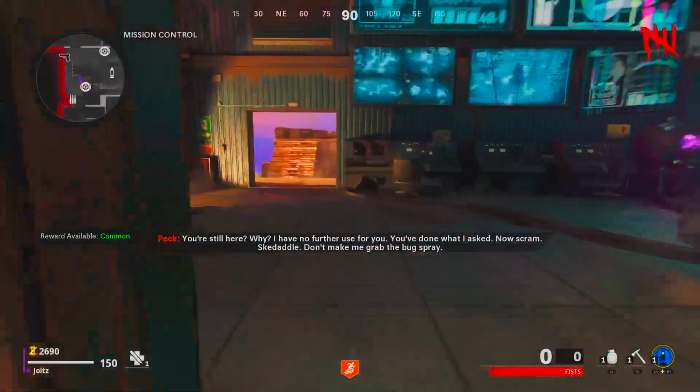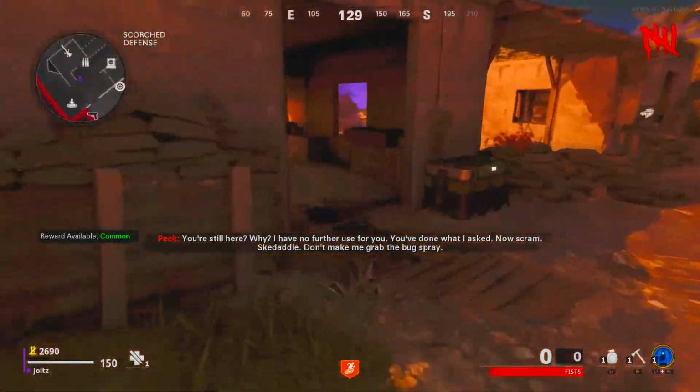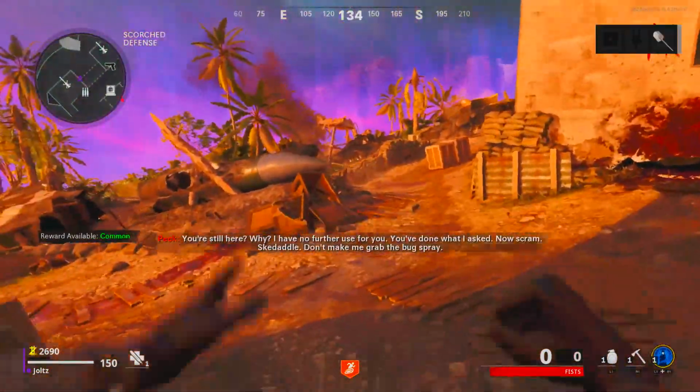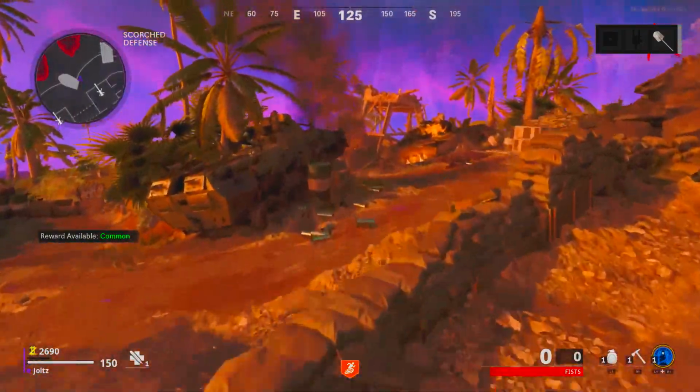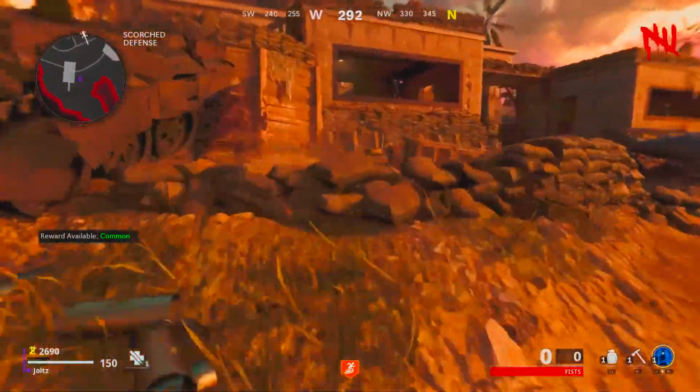Now make your way and talk to Peck, and whenever he notices that the Truth Serum's in the room, now's your chance to grab a couple things. First off, in the Scorched Defense area, make sure you grab the shovel. And second, if you want to get the free perk, see if the head is in the Scorched Defense area. Once you do those two things, make your way back to Peck,